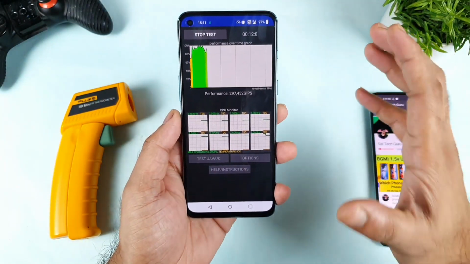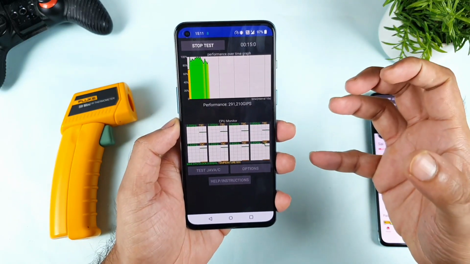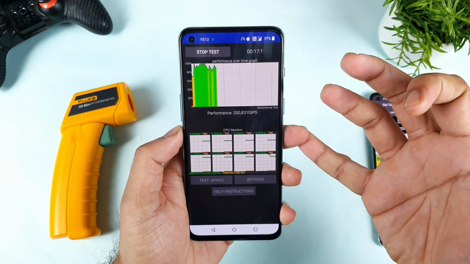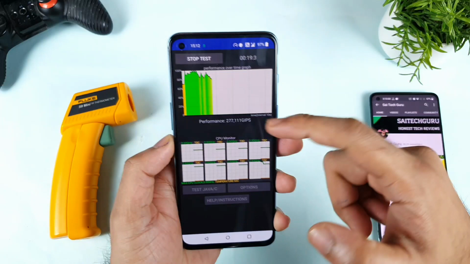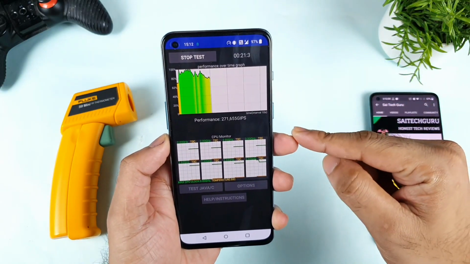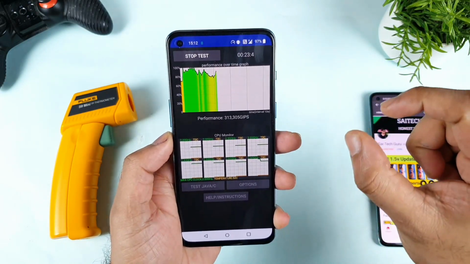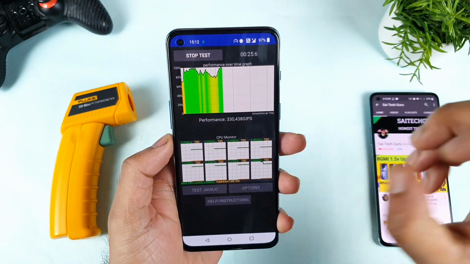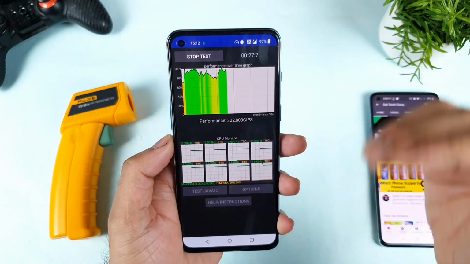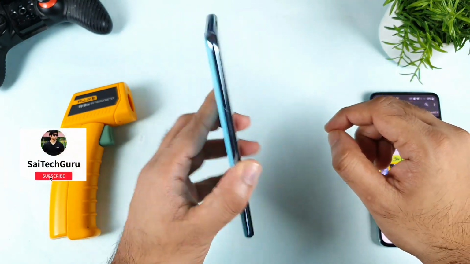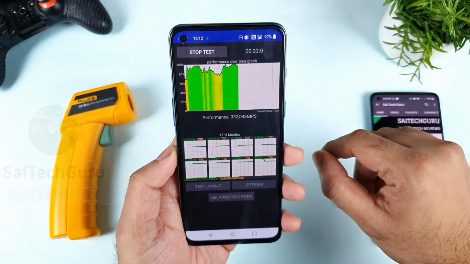During this demonstration, I'll try to keep an eye on a few things. For example, the temperatures, how much they can increase, how the graph is maintaining, how the curve looks, and what the minimum, maximum, and average scores are in this test. That is what I'm going to concentrate on. What will be the maximum number? These are the things I'll try to check after the recent update.